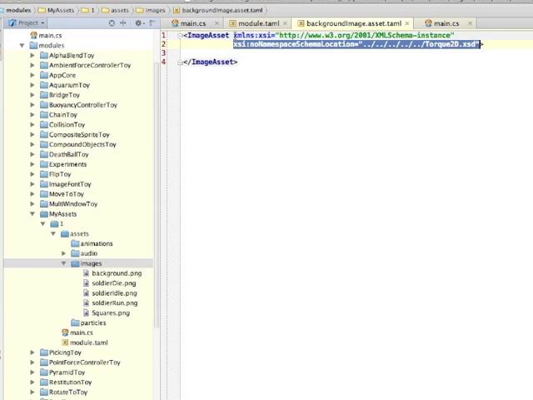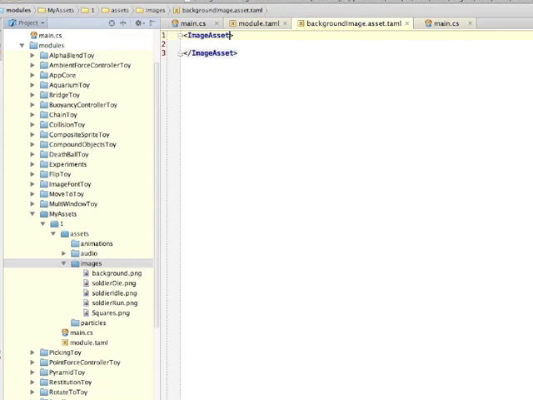Now I could just as easily create this without that information, and in fact let's just start with that real quick. I'm just going to create an image asset, and because I've done this before, I know what is important. I want to create a single image with no cells, but I know every asset has to have an asset name. So I'm going to call this background image. And then I'm going to also point to the image file,